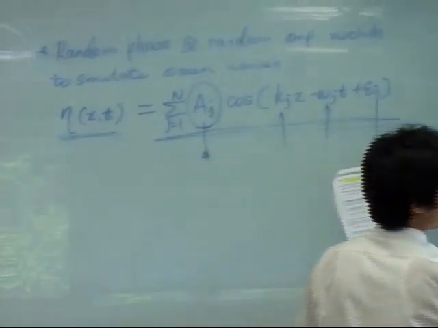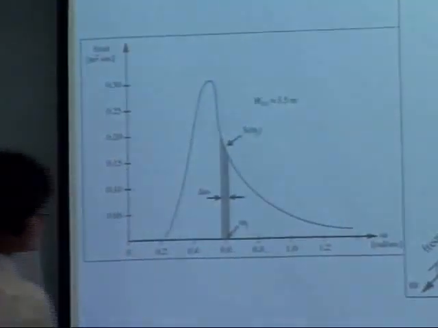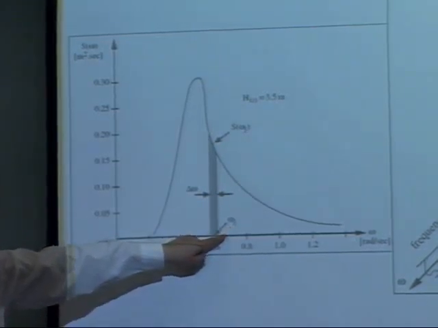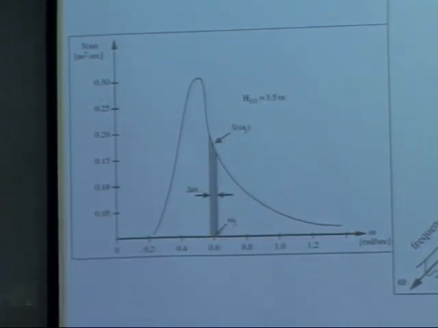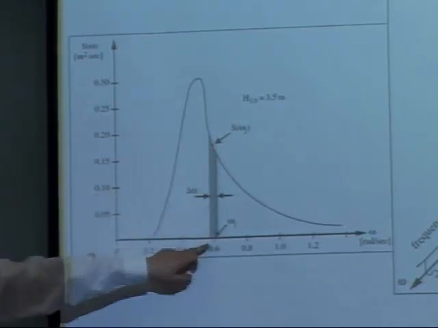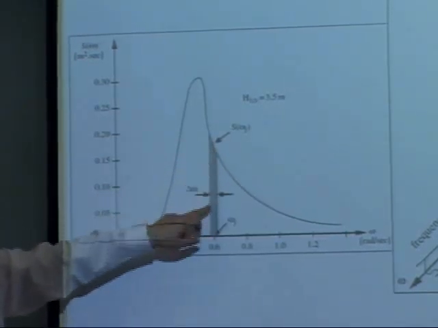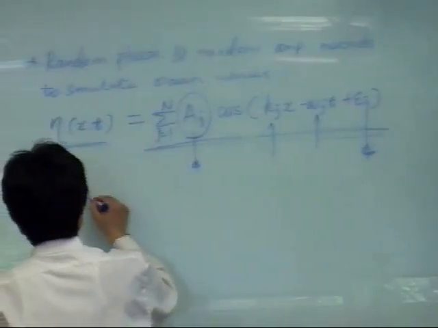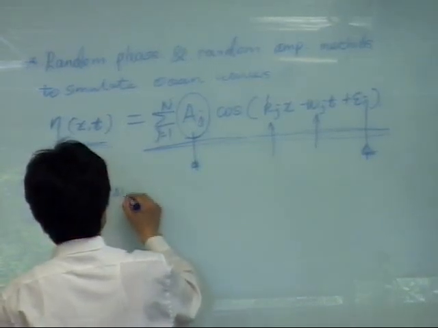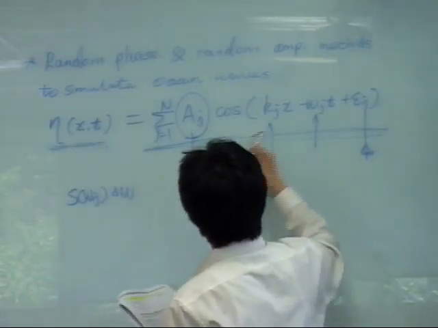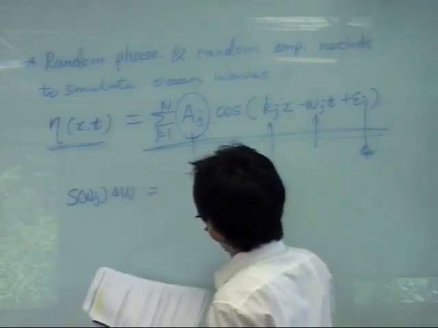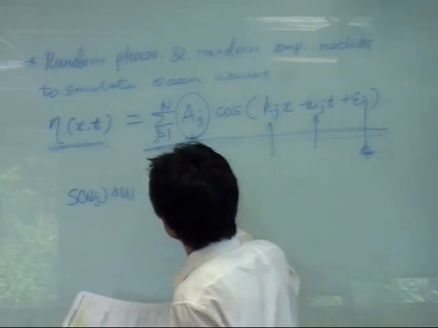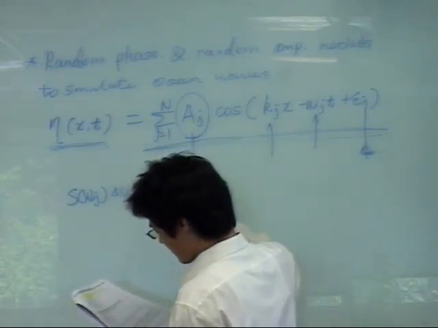If we divide this spectrum into many components, divisions, this part corresponds to wave frequency omega j, and this is the energy these wave components carry, and that energy can also be written as